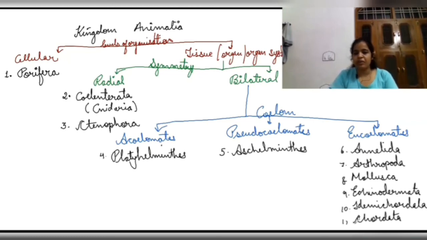So guys, these are the major phyla, including Ctenophora, which is a minor phylum, and this is the complete line diagram which you need to learn. I'll also write one term here so that you will remember about the diploblastic and triploblastic. That is, when we talk about coelomates, we're talking about the triploblastic animals only. Triploblastic. Clear? So this way you can easily remember what the basis of classification is. In the upcoming videos, we'll be discussing these phyla separately. We'll be talking about much more characters about these phyla which are asked in the exams.